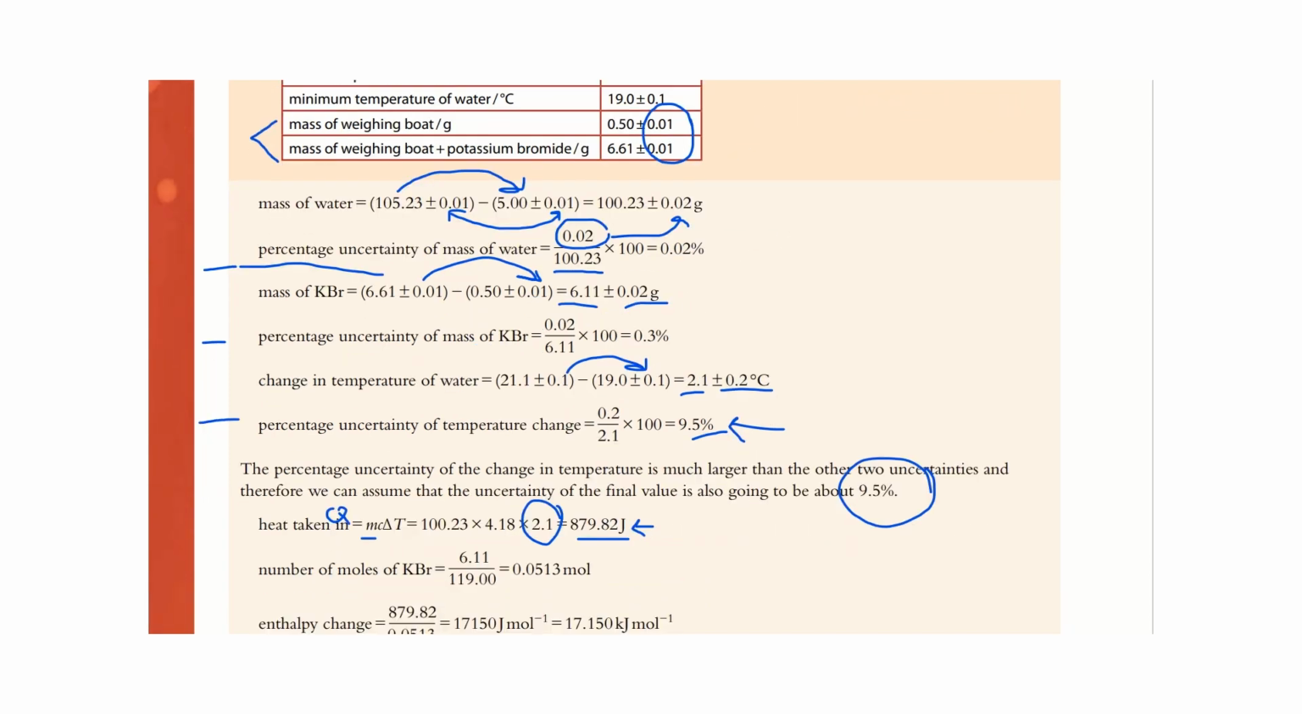Remember that this is in joules, and if you want the delta H, you need to convert that to kilojoules. And not only that, because we know that the number of moles of KBr is not going to be exactly 1 mole, because when we divide the mass of KBr that we use, which was 6.11, by the molar mass of KBr, we get 0.0513 mole, which isn't 1 mole. So to calculate the delta H, we need to divide 879.82 by 0.0513 mole. Why is that? Because we know that you've got